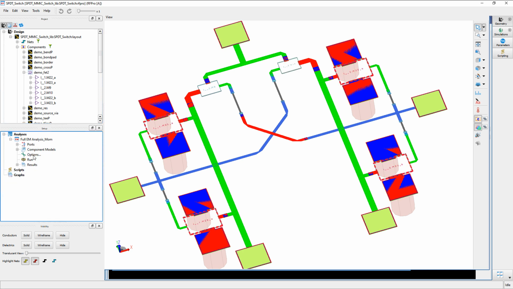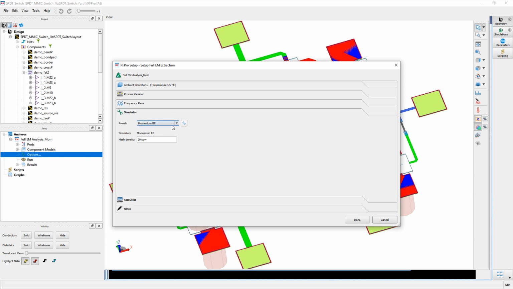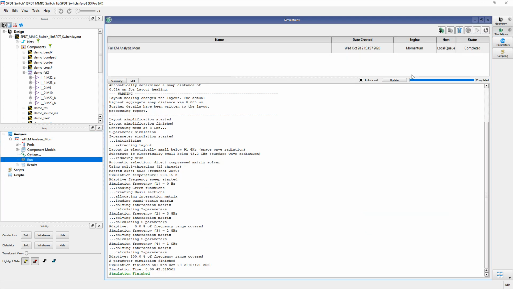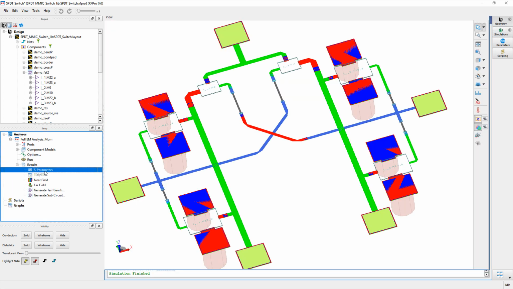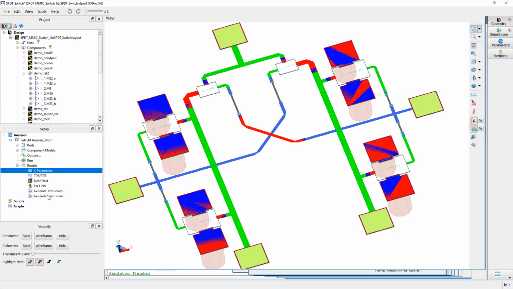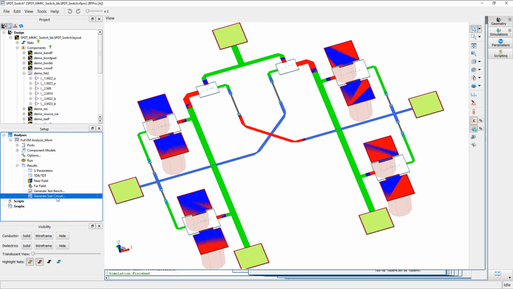Then, from the Options tab, I set the simulation frequencies and the simulation type, and I run the simulation. Once the simulation is completed, we can view the S parameter results, and we can create an EM model in ADS. So in ADS, we can use this model in a test bench to see the switch EM simulation results.